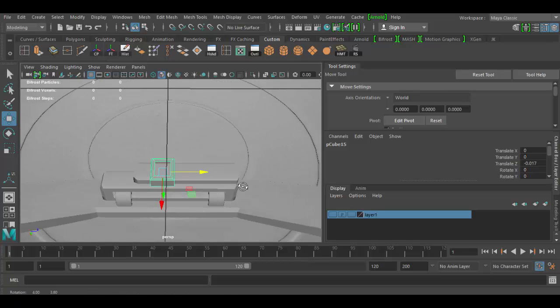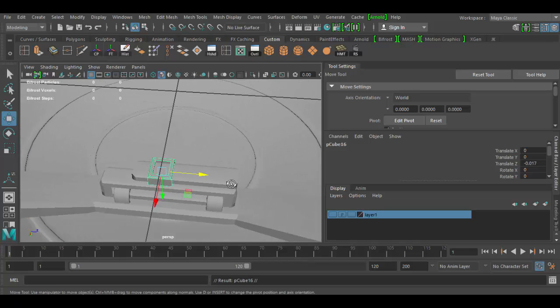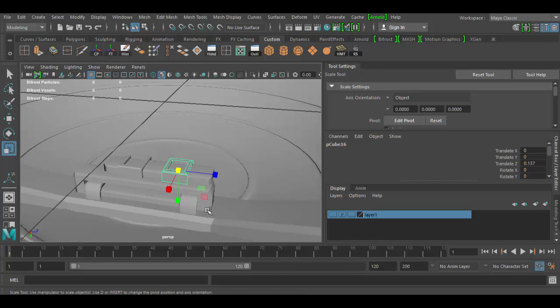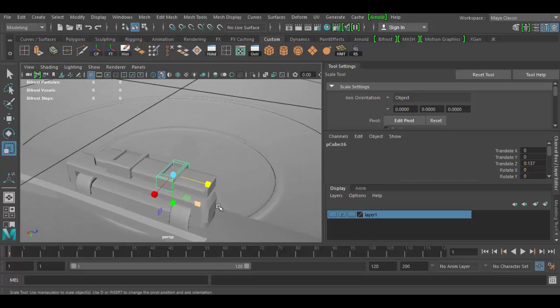The other one we're going to have up here, and so we're going to duplicate this by hitting Control D or Command D on the Mac, and we'll have one there. But what we're going to do is squish it a little bit. We're going to make it a little bit more narrow by scaling in on the Z here, and then we're going to duplicate this object, hit Control D,